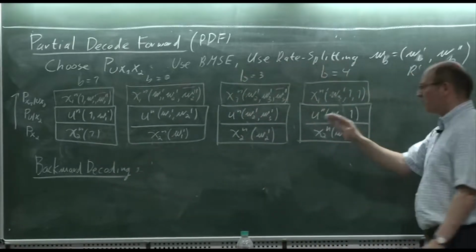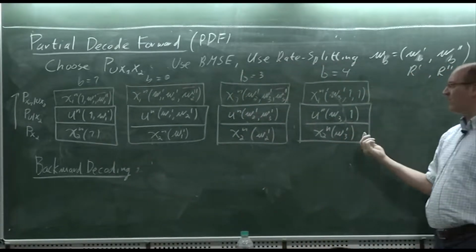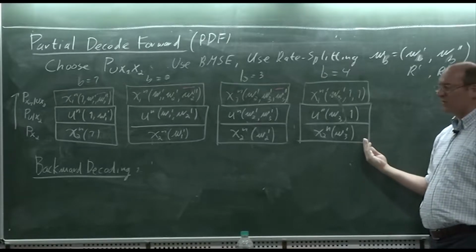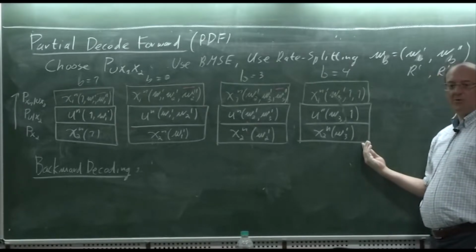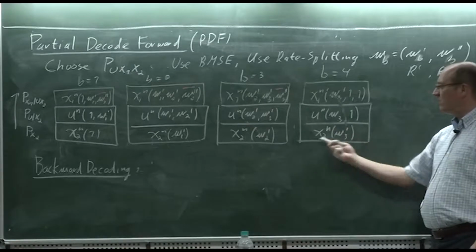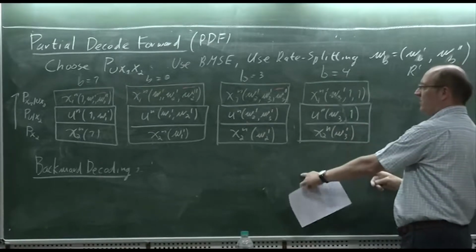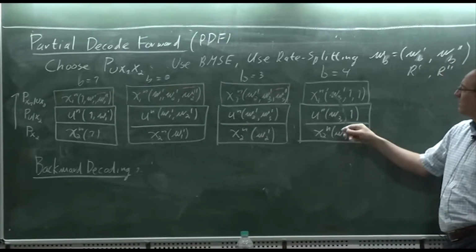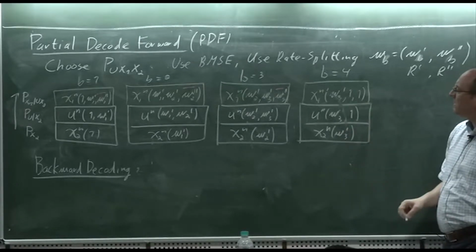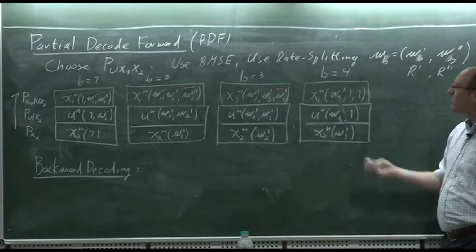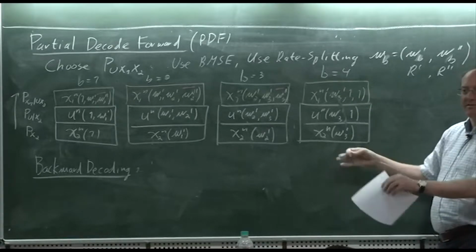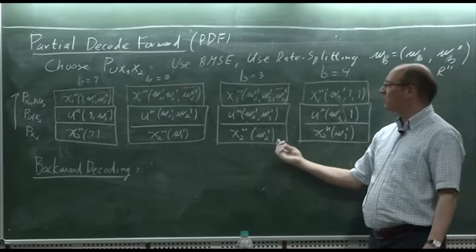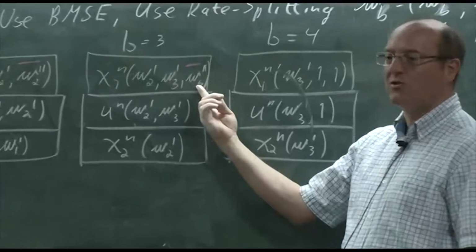So here I'll do the relay next. I should have done the relay first. But let's start with the destination. Suppose I do a joint decode. Suppose I just look at the last block and I decode W3 primed. If I decode W3 primed jointly, I'll get something. But now let's look at the next block. So I have no W3 primed, but now I have to decode